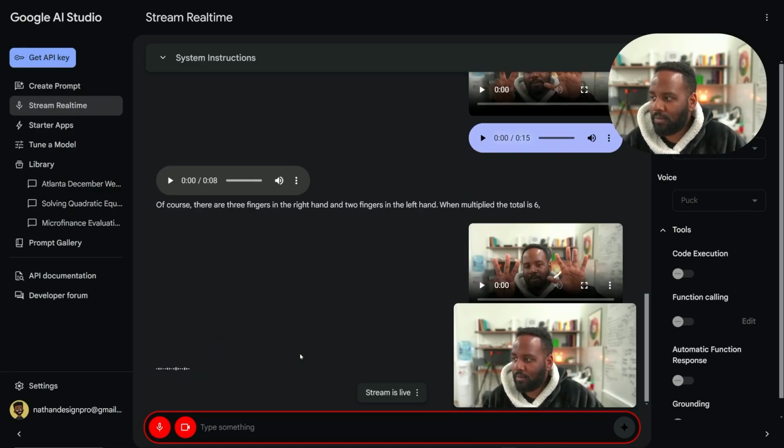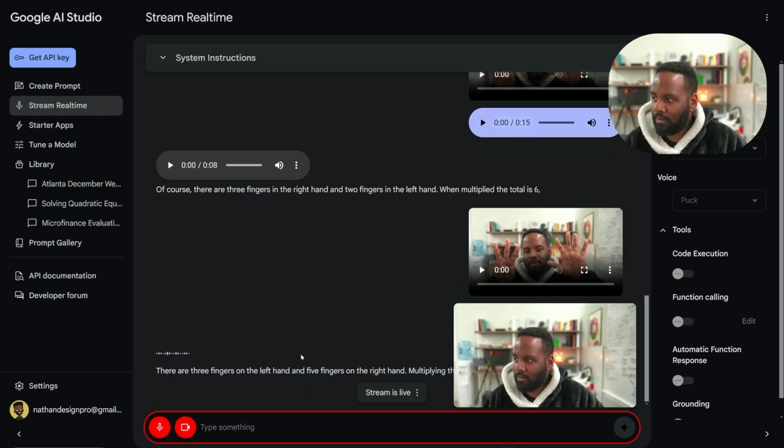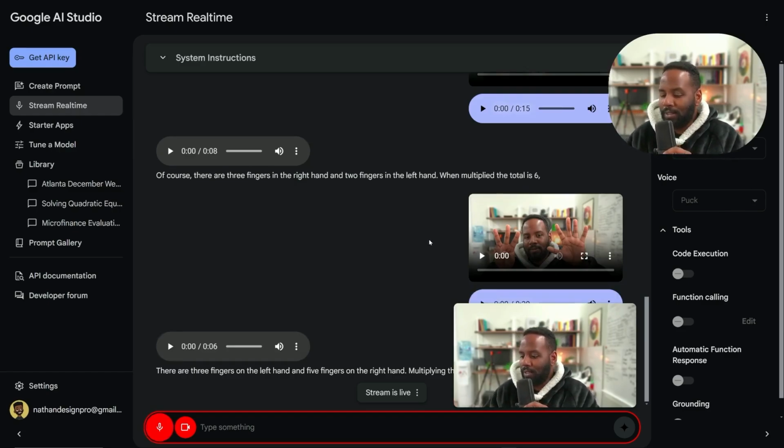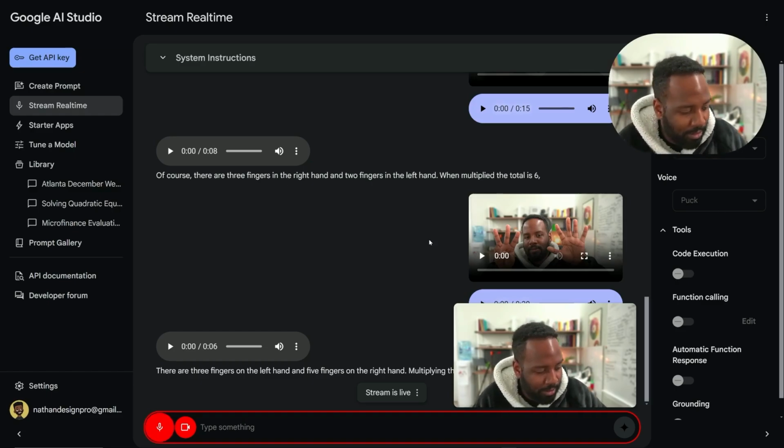There are 3 fingers on the left hand and 5 fingers on the right hand. Multiplying them together results in 15. Okay, cool. So it was able to get that. It looked like some of the feed just got a little bit messy, but I'm going to also try now